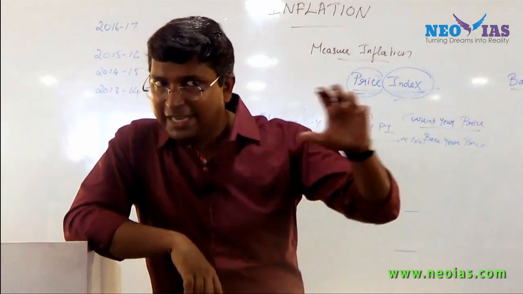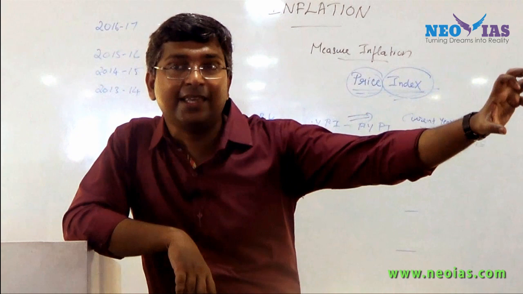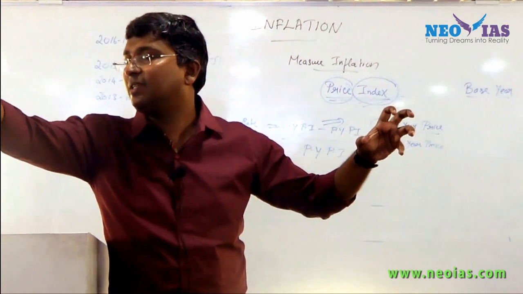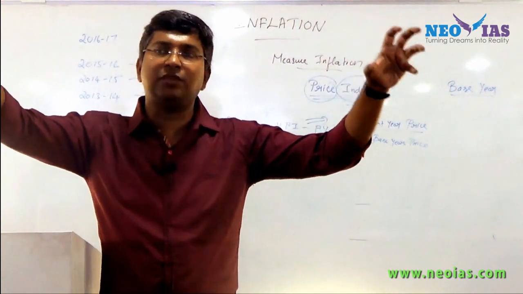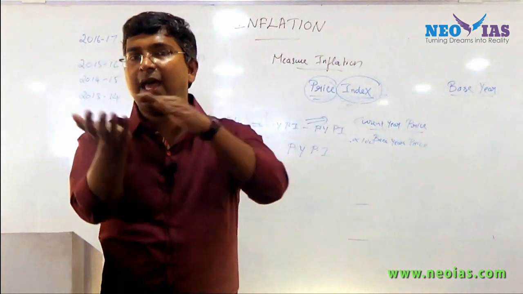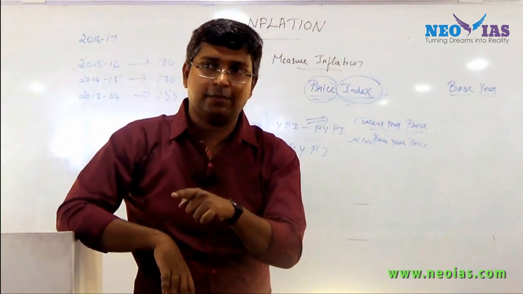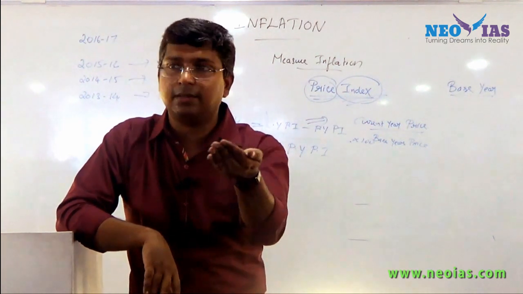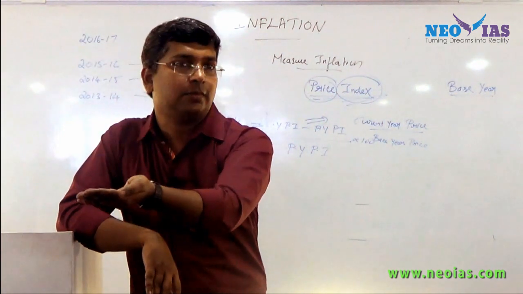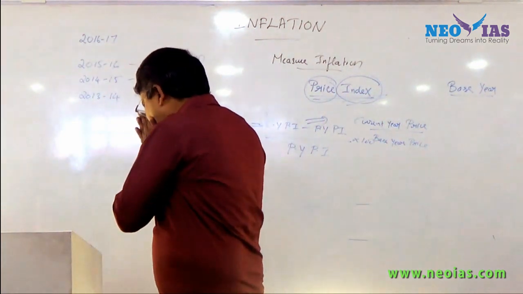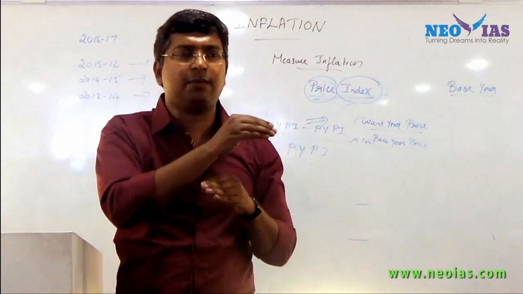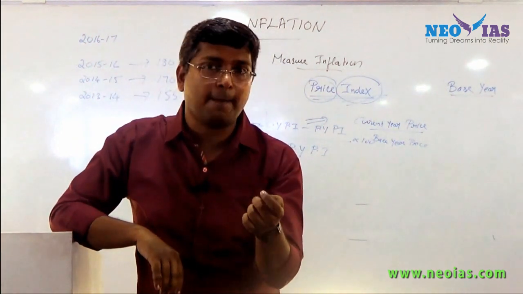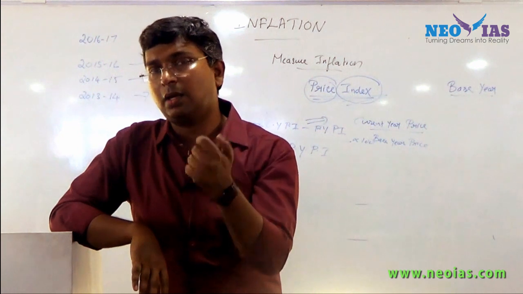So the data is about November 2016, in relation to November 2015. It means the November 2016 price index and November 2015 price index, they will subtract and divide by the price index of November 2015, and they say that this is the inflation, so it has come down. It means that the increase in price index between last year's month and this year's month is only a slight increase. So that's the reason why inflation has